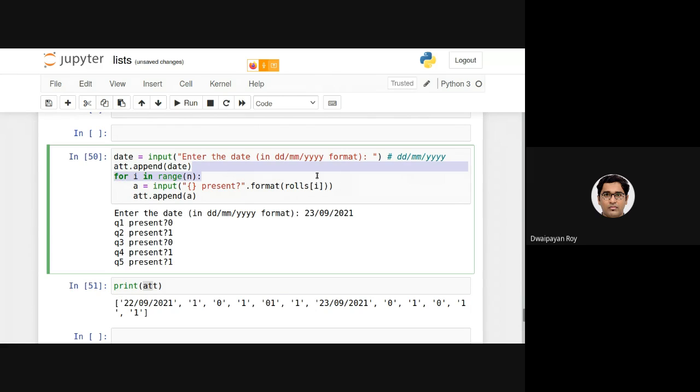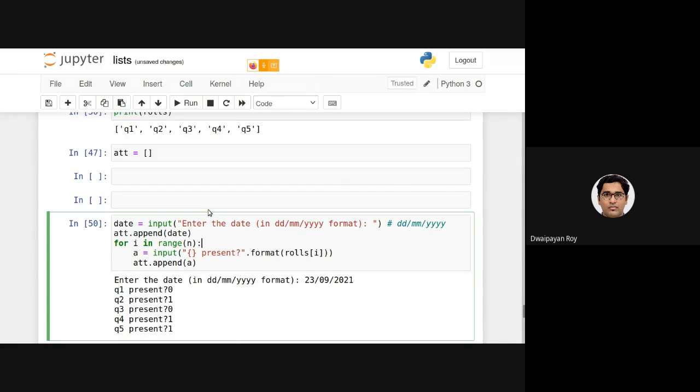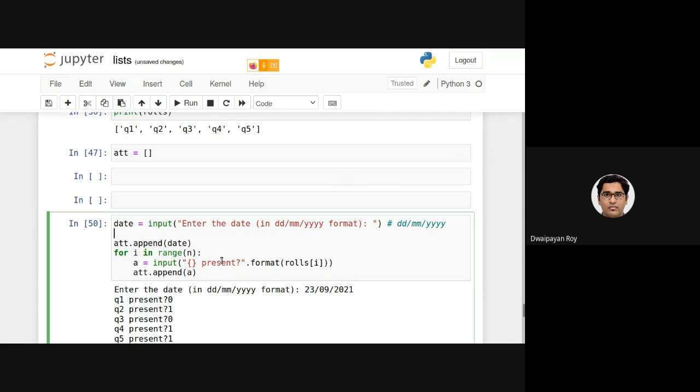So what we need to do is basically declare, I mean, we should not be having this. We should be having another attendance for a day.